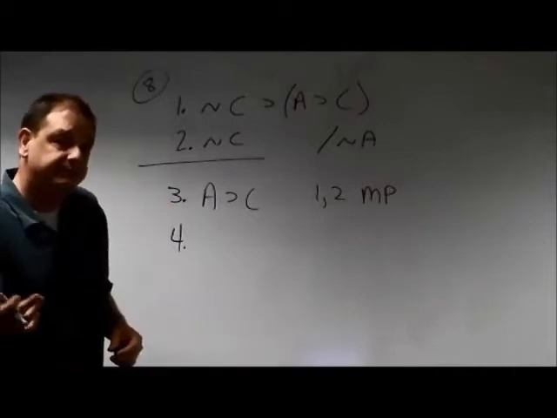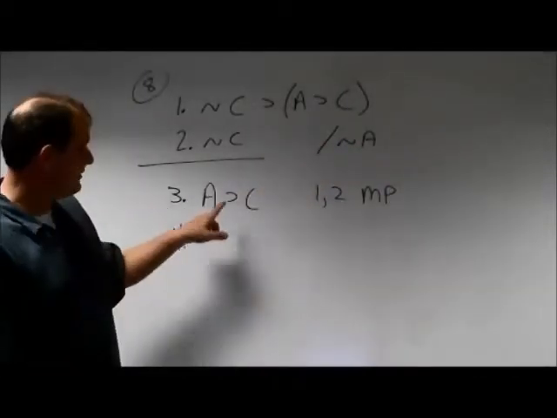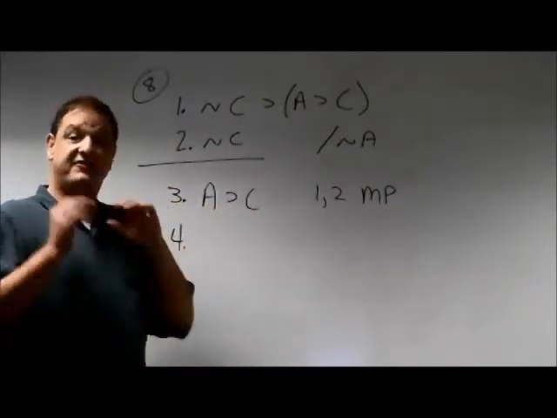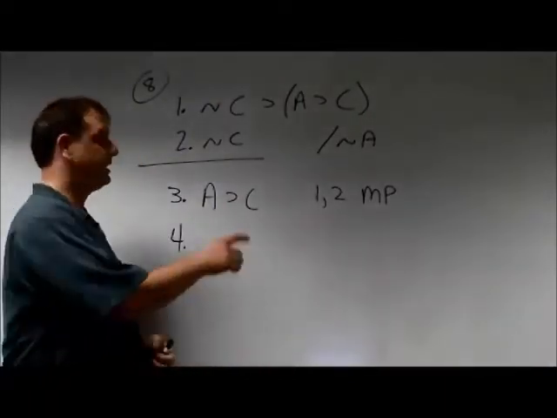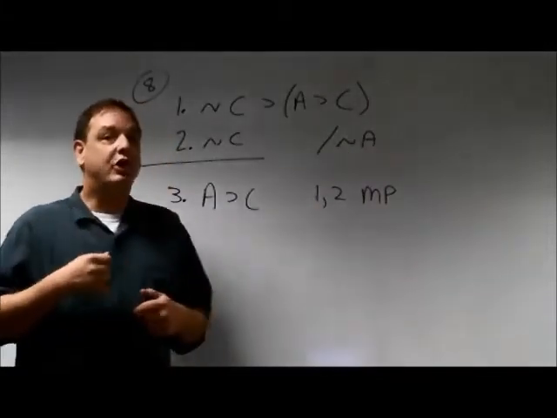Now we're not done, because we have if A, then C, and we need to say not A. But we have a new line, and this is true. Anytime you derive a line, it's fair game. You're allowed to use it in your proof. So now we can say, here's our A. We needed to say not A. So we look at the rules,